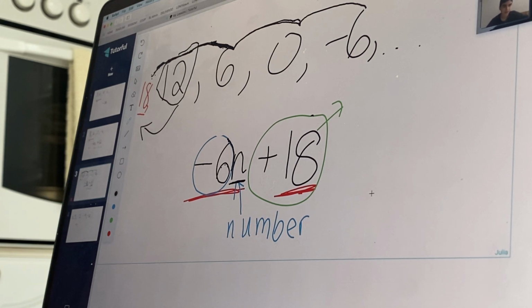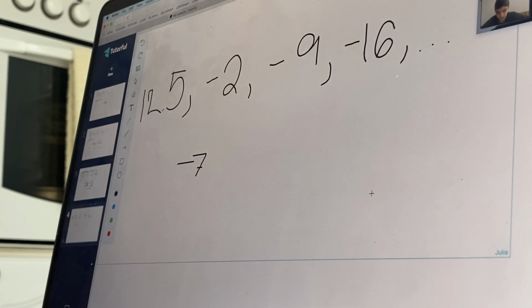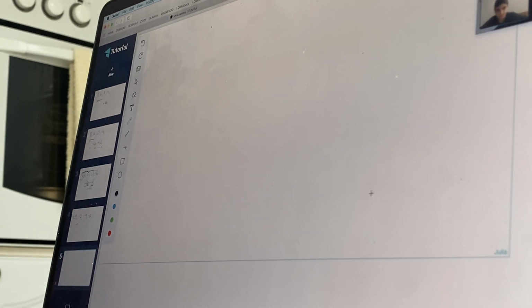Okay, so think back to a couple of weeks ago, we were looking at writing formulas. When we're writing formulas, we use a letter to represent something that we want to be able to change. We'll just go over one example that we looked at that time. So we said